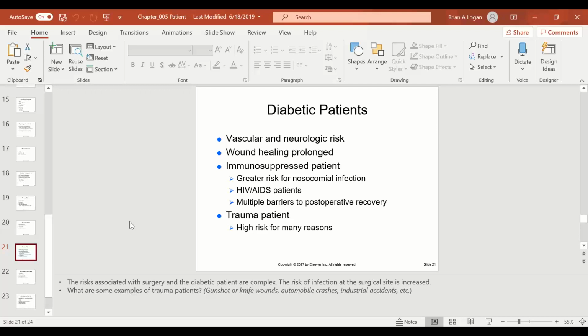If the patient is immunosuppressed, meaning they have HIV or AIDS or something like that, or they have some other disease process going on that their immune system has had to respond to, like COVID patients. This is why a lot of COVID patients were dying. And it wasn't just because of diabetes, but they had some other kind of disease process going on that had taxed their immune system and used up a lot of it. And now they got COVID, they went into the hospital and they ended up dying, and they say they died from COVID. What would have been more accurate is to say that they died of complications of COVID,